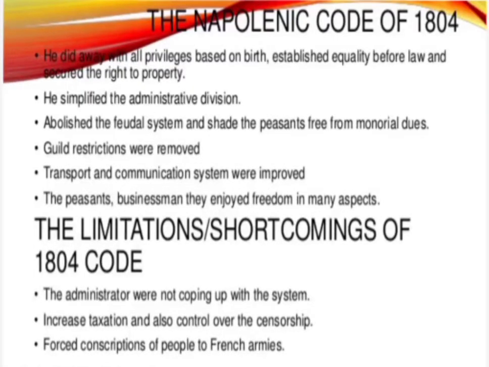The next topic is the Napoleonic Code. In 9th standard, you learned about the fall of the Jacobins Club. After the fall of the Jacobins Club, there was the rule of the Directory, but there was no unity among the officials. That gave Napoleon a chance to conquer France. When Napoleon started his rule in 1804 in France, he brought in some administrative measures. These points show the administrative measures implemented by Napoleon during his period.